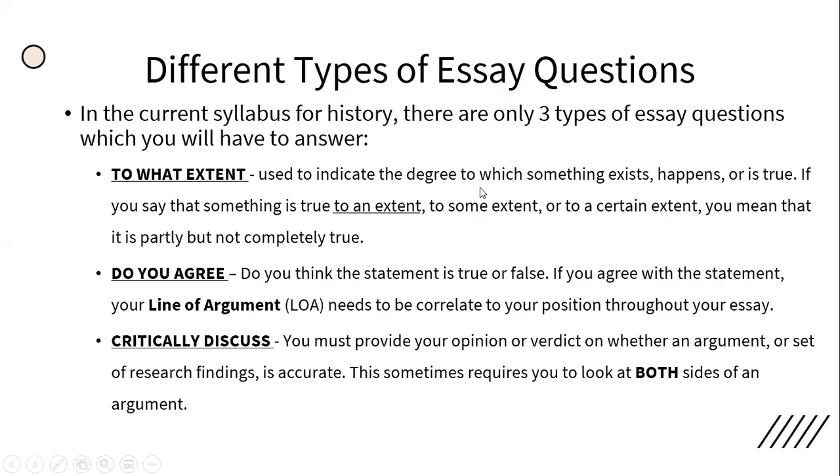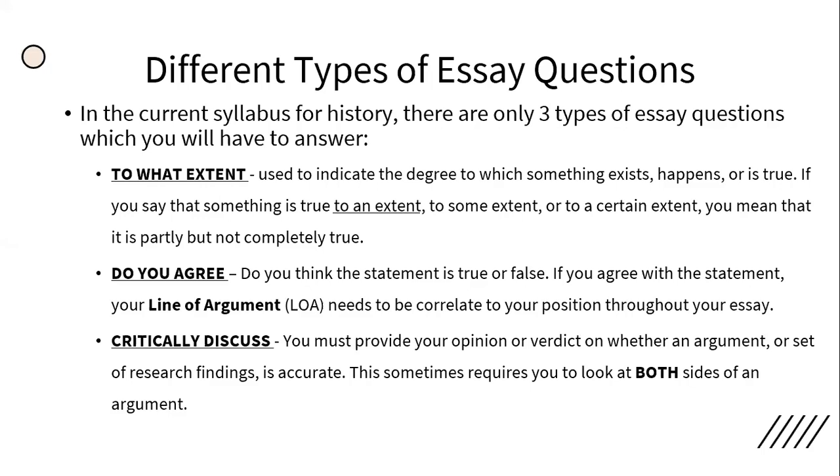So critically discuss is also a nice, easy one. It basically requires you to give your opinion or your verdict on whether an argument or set of research findings is accurate. This sometimes requires you to look at both sides of an argument. So you have to look at the positives and you have to look at the negatives. They might say, critically discuss the role of Martin Luther King in the civil rights movement. Then you'd have to look at